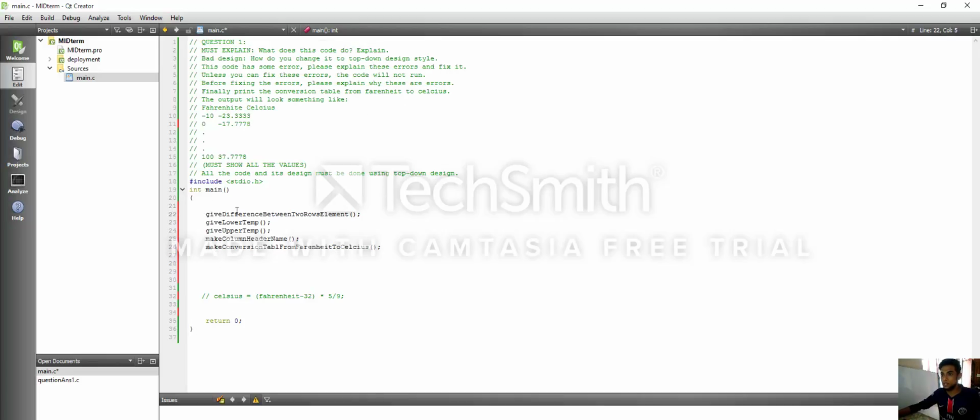First of all, we will give a difference. We will take the difference between two rows element. So the user wants to give this. This is an integer type, so we will make it integer type. We'll give int difference, int difference, printf,